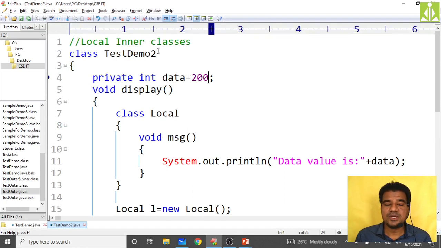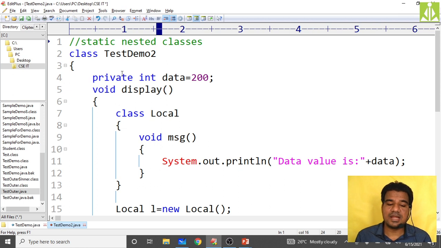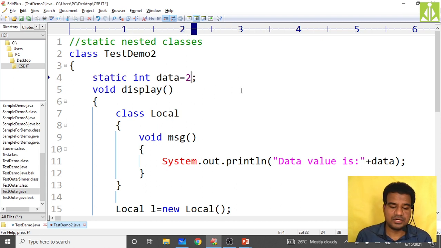So quickly, test demo, I'm making it as my outer class. So now we are dealing with static nested classes. Inside that outer class, I'm making my static int data 200, okay, 148, some random value.